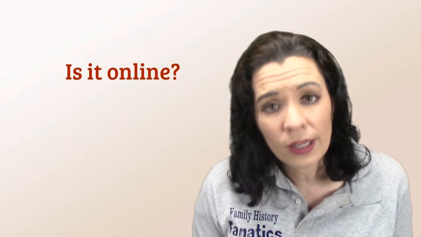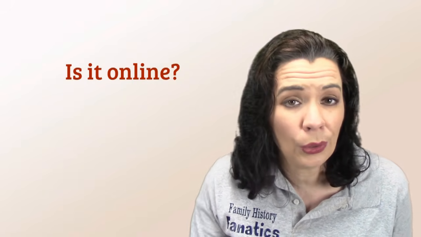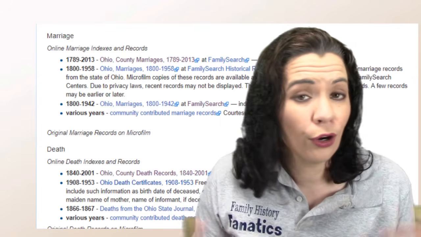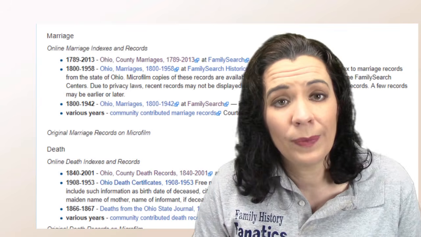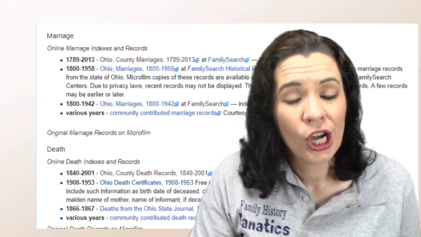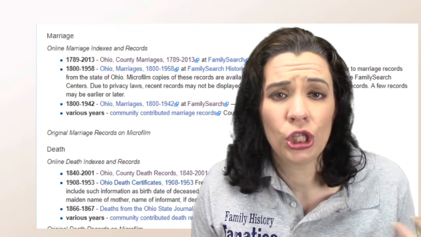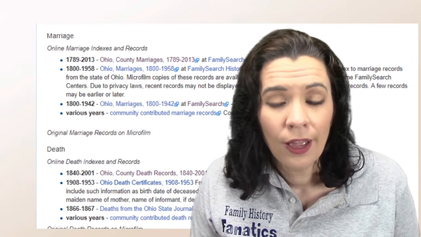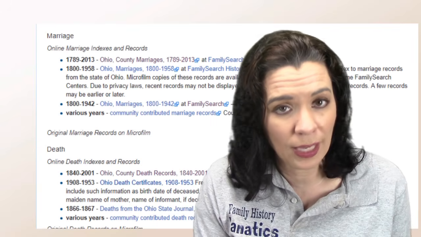For some of you experienced genealogists out there, when you're a beginner, you want to see what's available online, and there's nothing wrong with that. Now, how are you going to do that? Well, your friend, the FamilySearch Wiki, is going to help you out. On many of the pages, there will be links to collections both on FamilySearch, on Ancestry, and things like USGenWeb, whatever, that users have voluntarily contributed to these wiki pages.